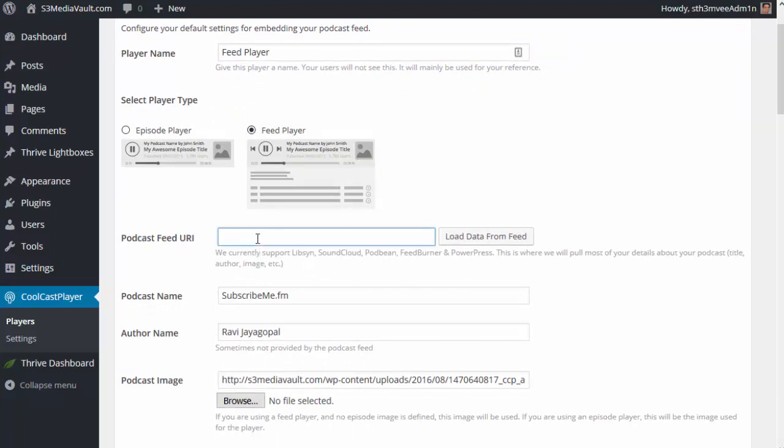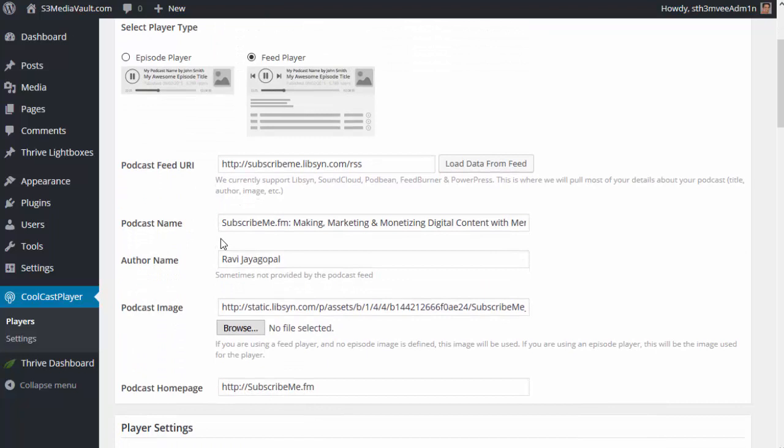Then you have to enter the podcast feed URI. This has to be an RSS feed. It cannot be an MP3 file. It cannot be a blog post, or a WordPress post or content URL. It has to be that of an RSS feed. So in my case, my RSS feed for my podcast looks like this: subscribeme.libsyn.com/RSS. So then you can click load data from feed, and it'll actually load the data for the podcast from